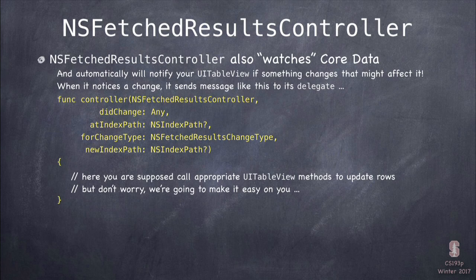Now, I told you that NSFetchResultsController watches Core Data. It sees changes happening in there and it updates, and it does that with its delegate. Its delegate wants to be the table view controller, because it's going to tell the table view controller, and it sends messages like this. This is a typical NSFetchResultsController delegate method: controller didChange anObject at indexPath for changeType, and here's the new index path. These change types might be deleted or inserted or modified or whatever. Now, you have to put the code in there that would call the right methods on the table view to get the sections inserted or deleted or rows added or whatever. But I'm going to give you that code for free.